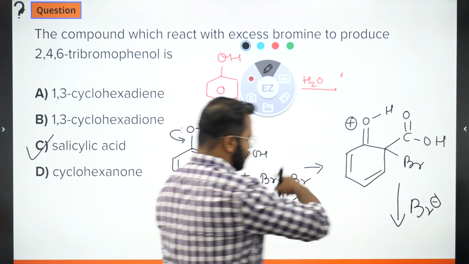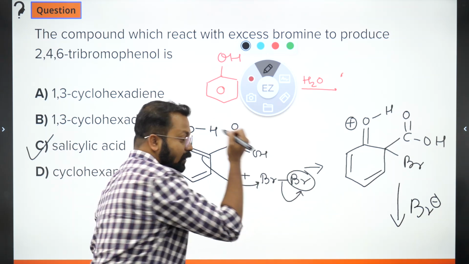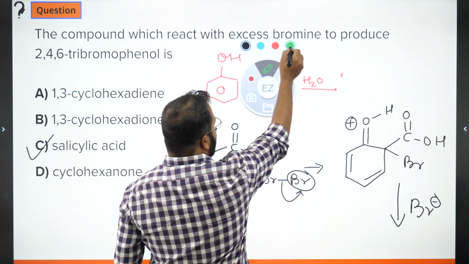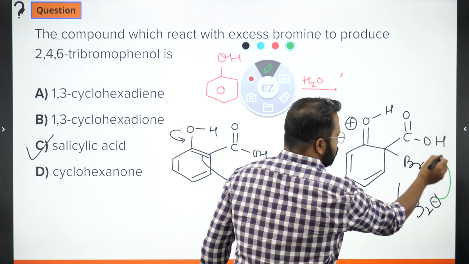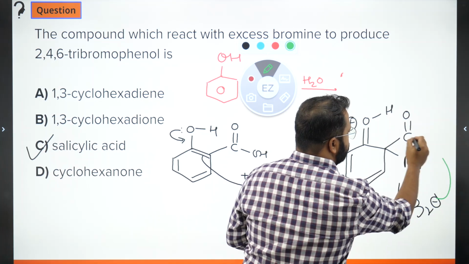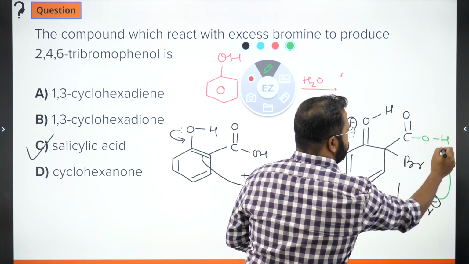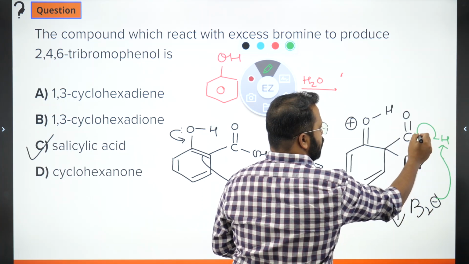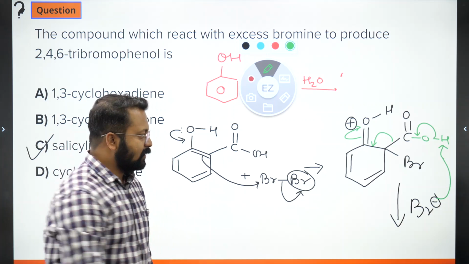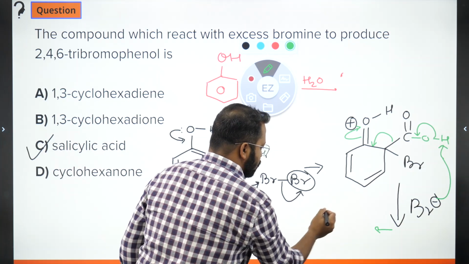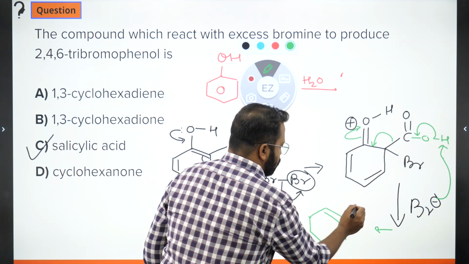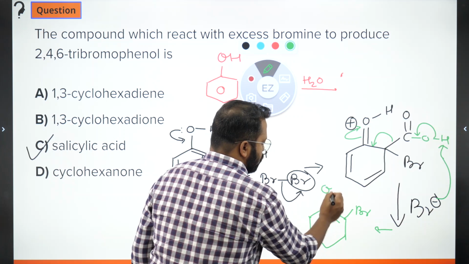This Br minus, which has been sent out, you are sending this out as Br minus. This Br minus would now remove this proton. This will come over here, this will come over here, and this will go like this. What you would be obtaining is Br, OH,